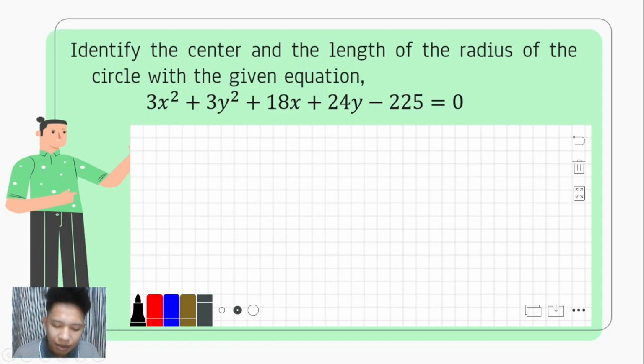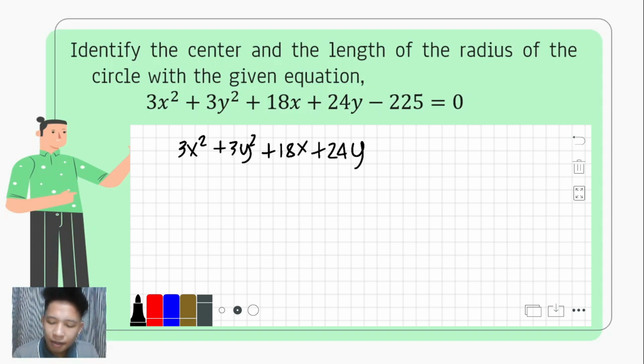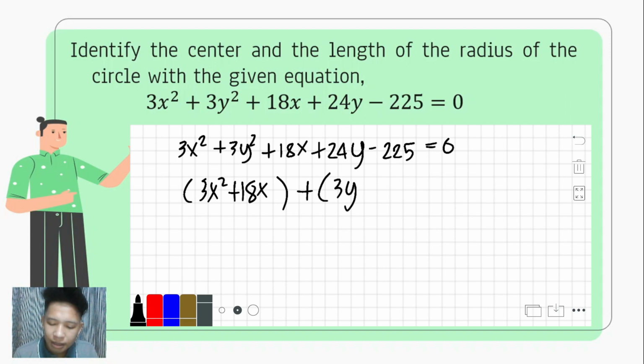So let us have 3x squared plus 3y squared plus 18x plus 24y minus 225 equals 0. Our first step is to group the x and the y terms. So that will make it 3x squared plus 18x, and then plus 3y squared plus 24y, and then we have to transpose the constant to the other side of the equation, making it